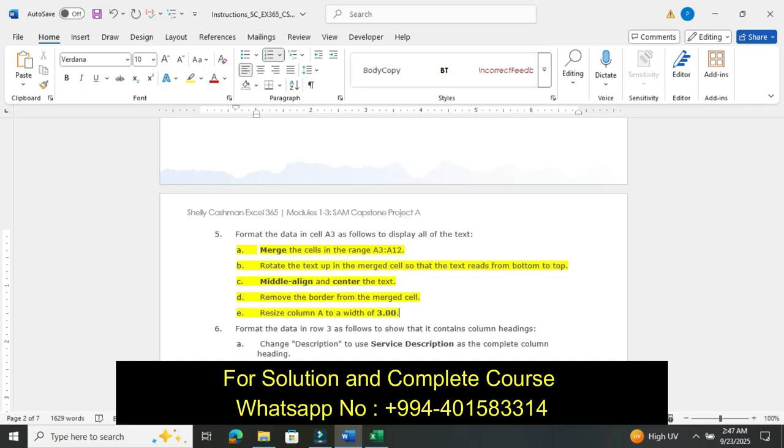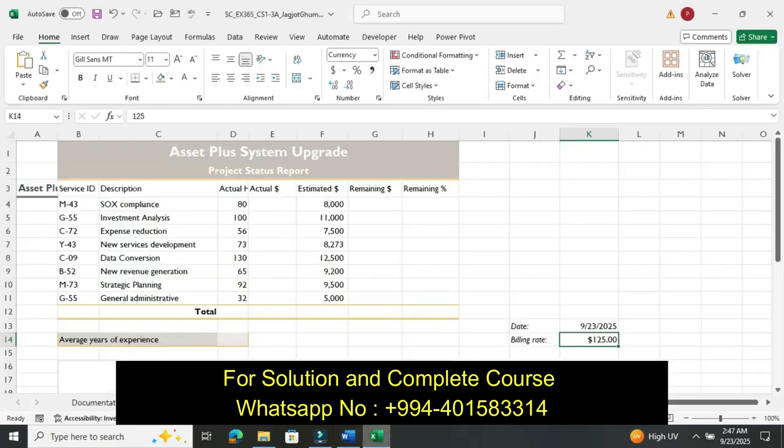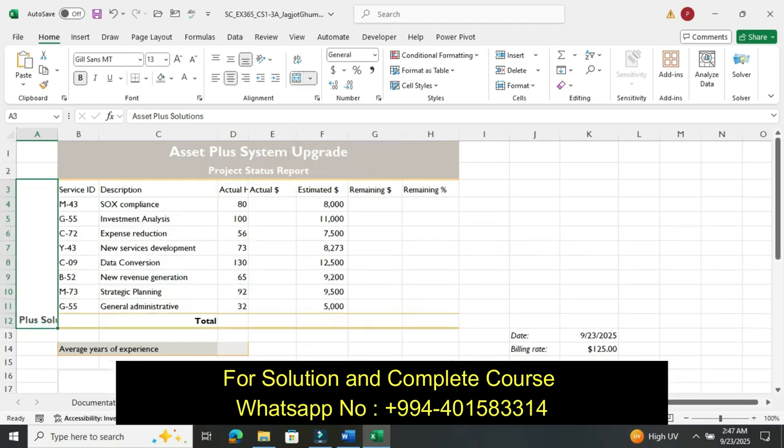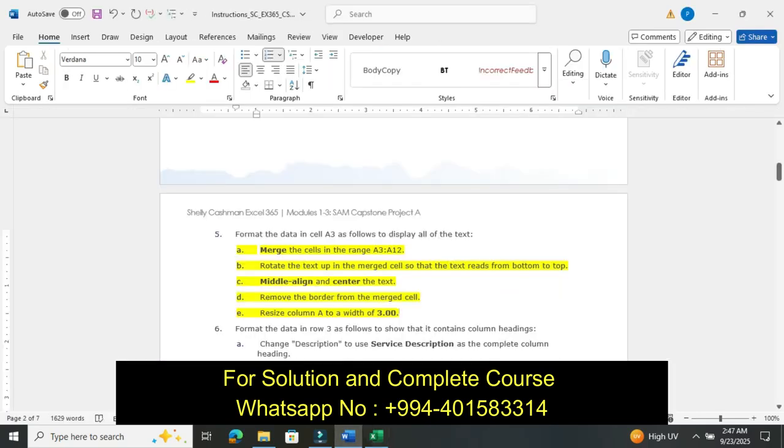Merge the cells in the range A3 to A12. Select the range A3 to A12 and merge the cells. Rotate the text up so that in the merged cell the text reads bottom to top.